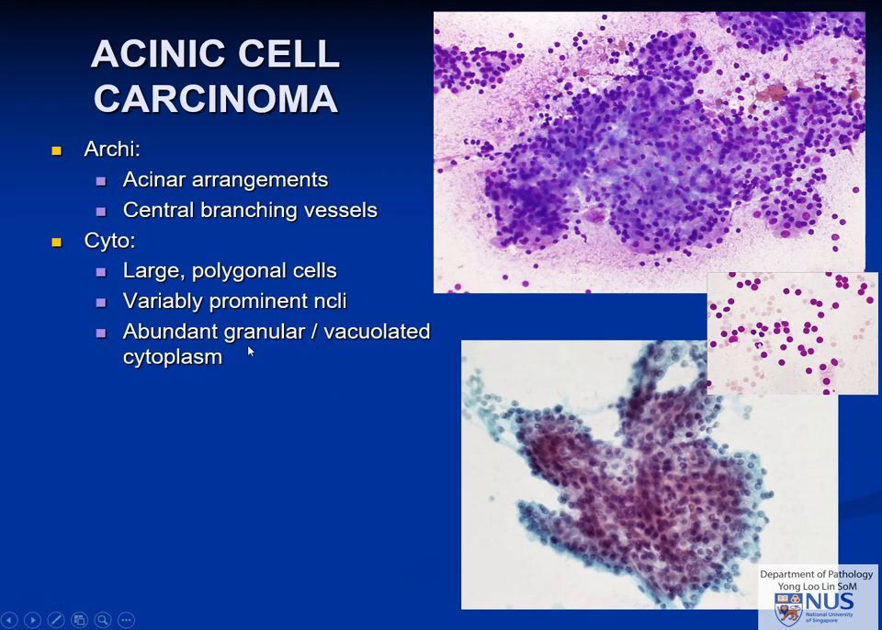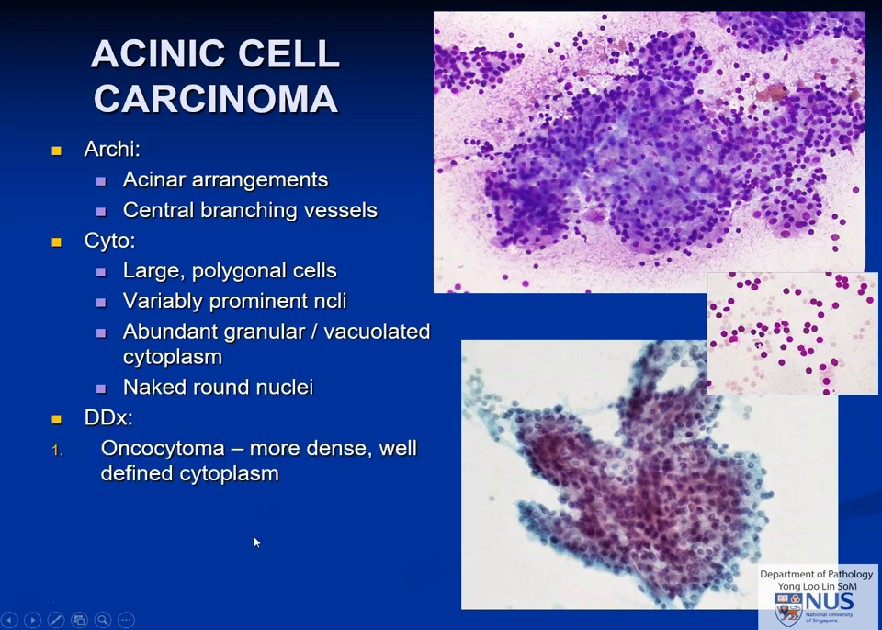And I think one of the most telling features is the presence of this abundant granular or vacuolated cytoplasm. And you may also see some very round naked nuclei in the background. Not oval nuclei as we see in basaloid neoplasms, but rounded nuclei. Differential diagnosis would include oncocytoma or oncocytic neoplasms, where the cytoplasm is usually denser and better defined, versus benign salivary